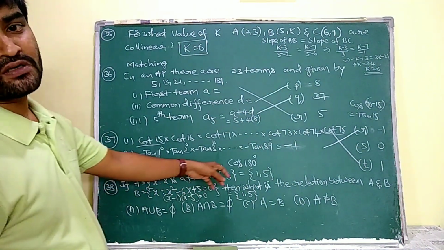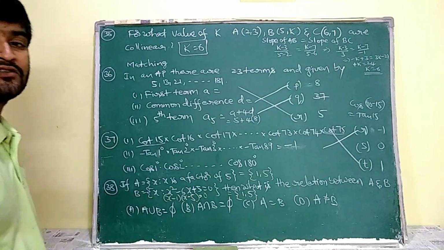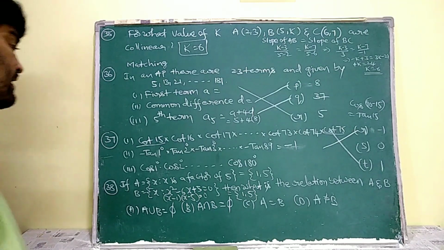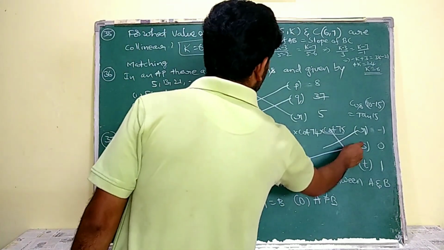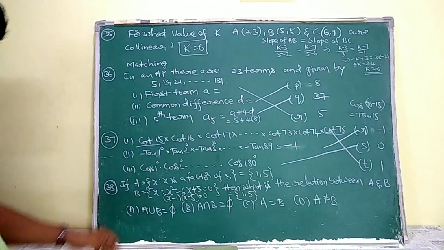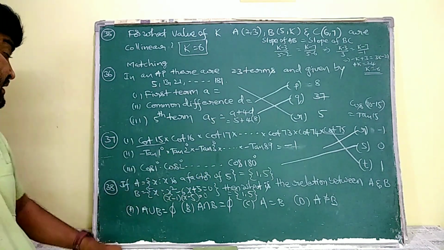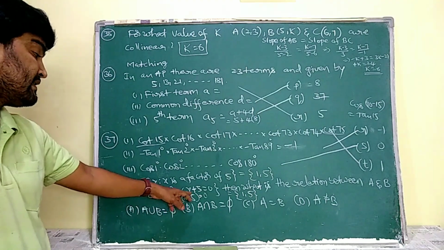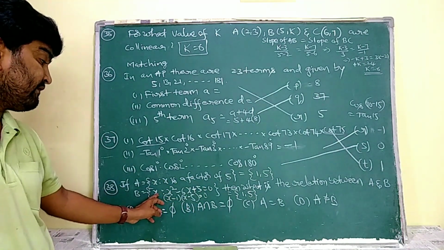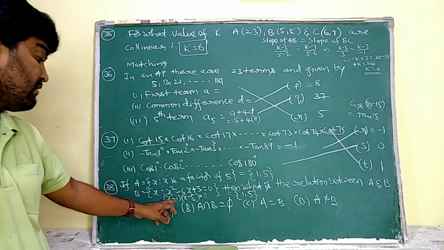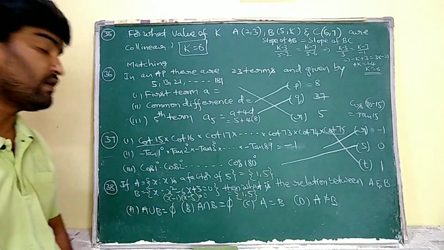Cos 1, cos 2, and so on, cos 180. In the middle of these values cos 90 is there. We know that cos 90 is 0, no? That is why this entire value becomes 0. So it is 0. Now x says that x is a factor of 5. Factor of 5 means 1 comma 5. Then x says that x square minus 6x plus 5 is equal to 0. The roots of this quadratic equation are going to be kept in the set. Its roots are 1 comma 5. So B is 1 comma 5.